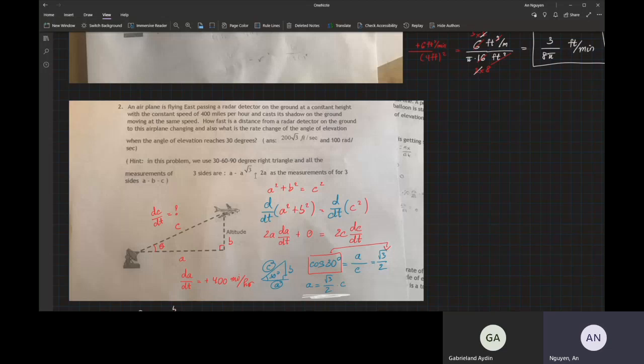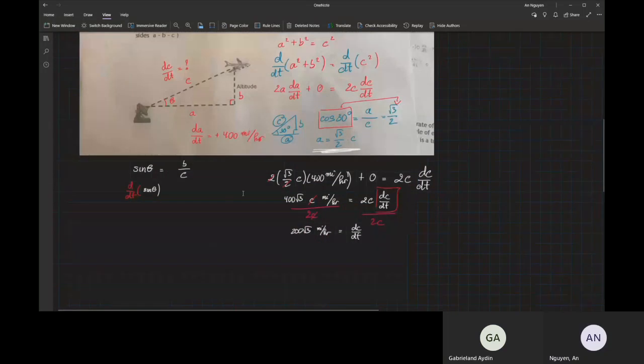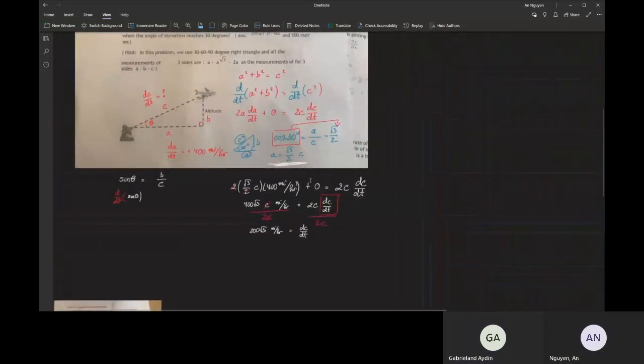The derivative of sine of theta is equal to the derivative of B over C. And the derivative of sine is cosine theta times d theta over dt. And then remember,